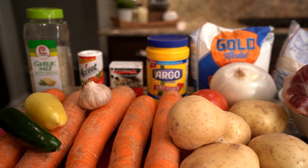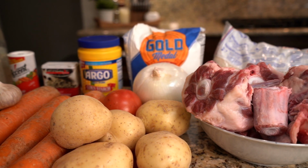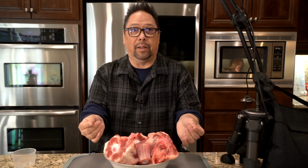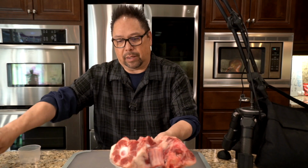Hey, Wayne here, and today I'm going to make oxtail stew, which is not actually ox. It's from the old days. It used to be ox, but now it is cow tail stew. So that is what I'll be making, and before I get the meat cooking, I like to make these little